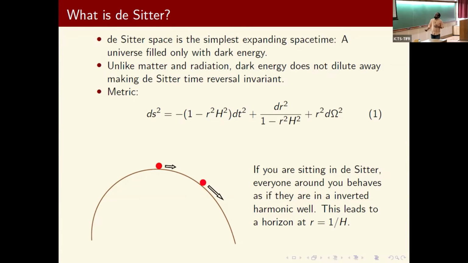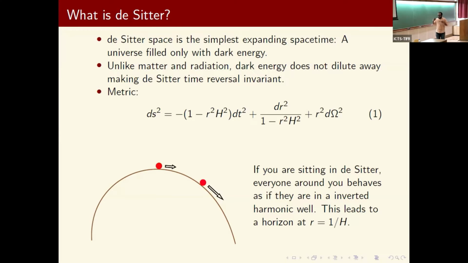Now, the metric of de Sitter looks kind of like this. The only reason I write this is to tell you about this particular factor, which will keep on occurring in the later parts of the talk. So other than this factor, the metric pretty much looks like the flat metric. So if I put this h, which is what is called the Hubble's constant, which in de Sitter is actually a constant, unlike our real universe where the Hubble constant actually changes. This constant will play a role, and if you put this to 0, you'll notice that the metric just becomes flat space. So the Hubble constant, in some sense, controls how much you deviate from flat space